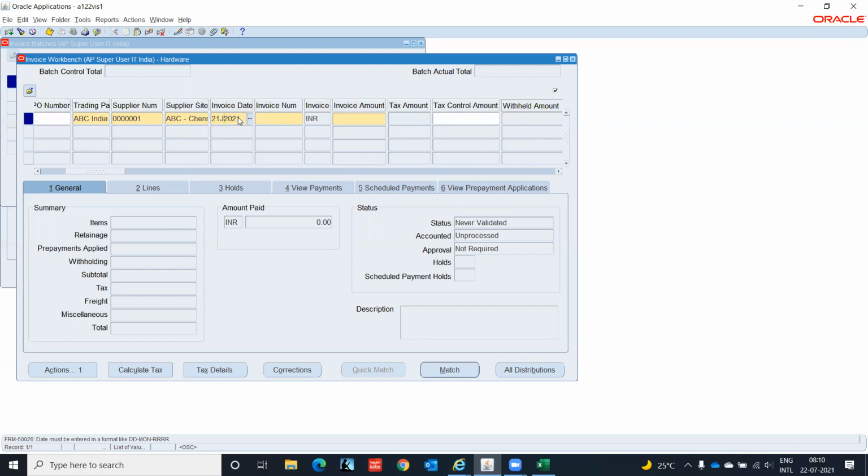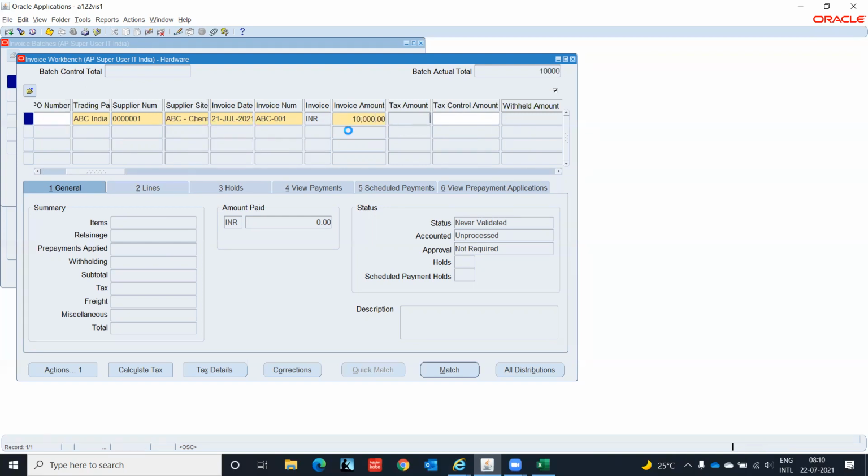What is the invoice number? ABC hyphen 001. What is the invoice amount? See, now here you cannot change the INR. Okay, we will change one option and we will see over here what it is allowing us to do.